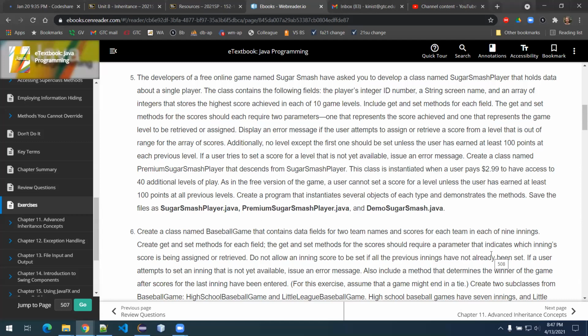The get and set methods for the scores should each require two parameters, one that represents the score achieved and one that represents the game level to be retrieved or assigned. Display an error message if the user attempts to assign or retrieve a score from a level that is out of range for the array of scores. Additionally, no level except the first one should be set unless the user has earned at least 100 points at each previous level. If a user tries to score for a level that is not yet available, issue an error